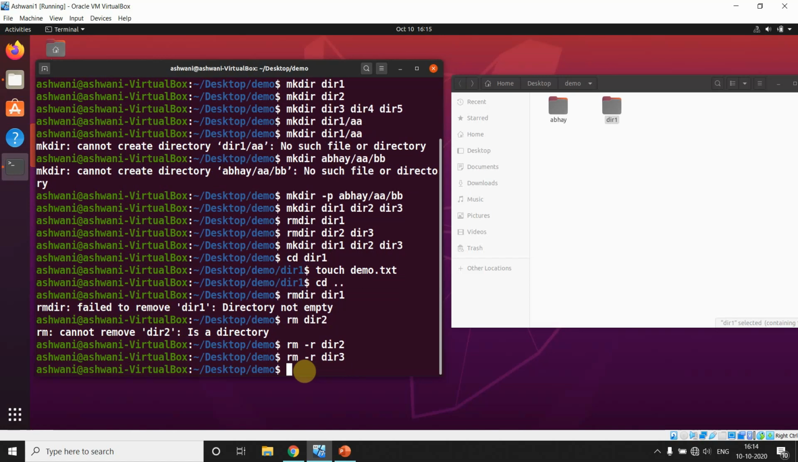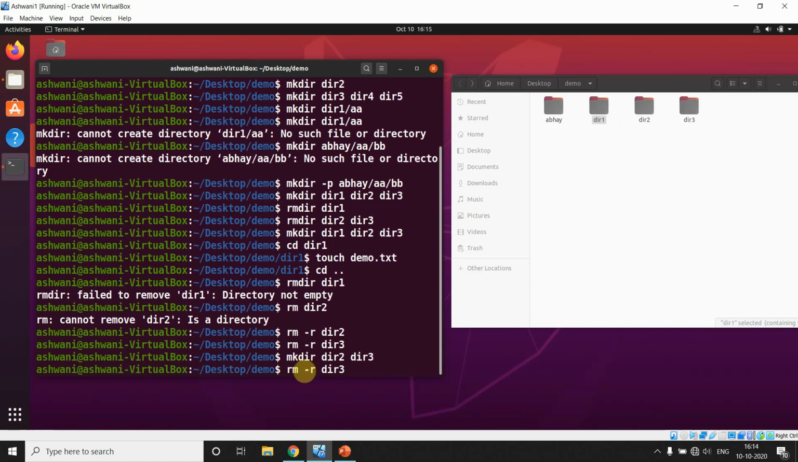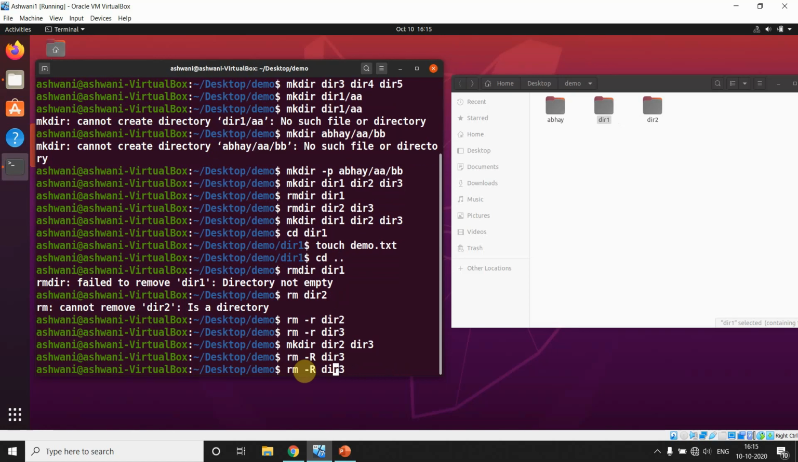Let me show you how it removes. I will make these again. Yeah, dir1 we already have. Let me show you one thing here. It has two options, small r and capital R. You can use any option, it's not case sensitive here. If I say rm with capital R dir3, it will work. If you say small r and dir2,